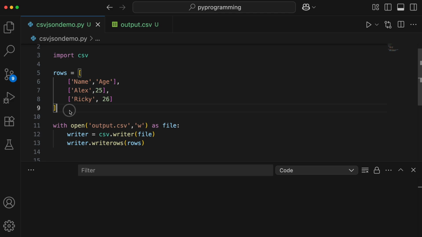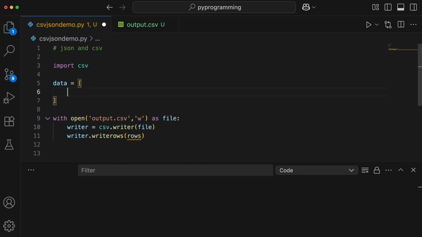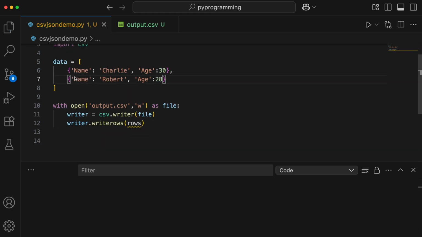And you can provide the data in the form of a dictionary as well. So let's say instead of giving rows, I can give a data set in the form of a dictionary. So here, let's say I enter name, I'll give Alice, or let me give another name, let's say Charlie, then I'll give age 30. Let's give one more, let's say Robert, and we'll give age as well. Let's make it 28. But when you give the data in the form of a dictionary, this is not gonna work. So you have to use other methods.